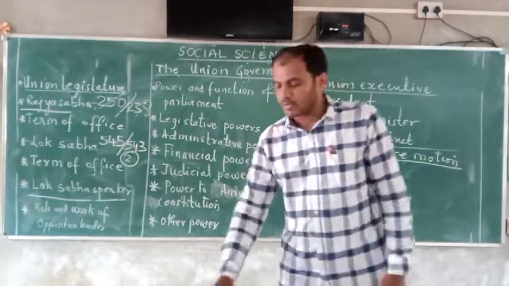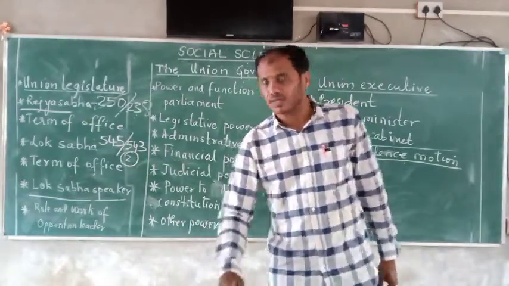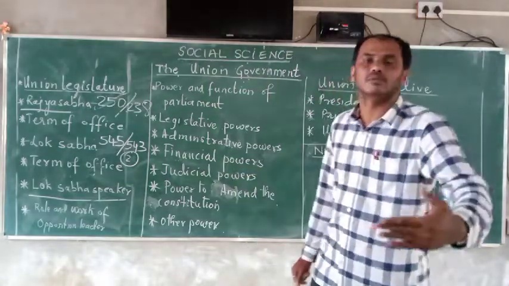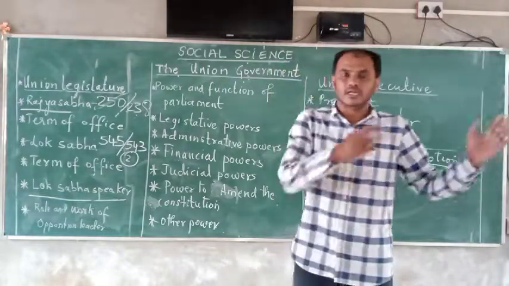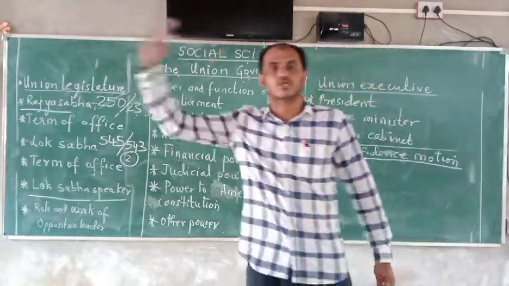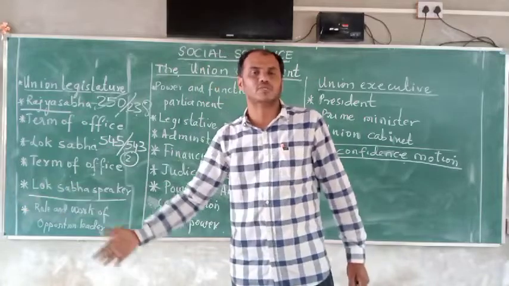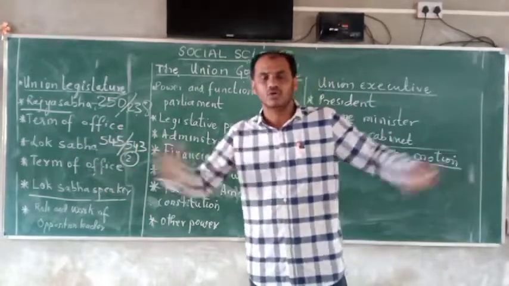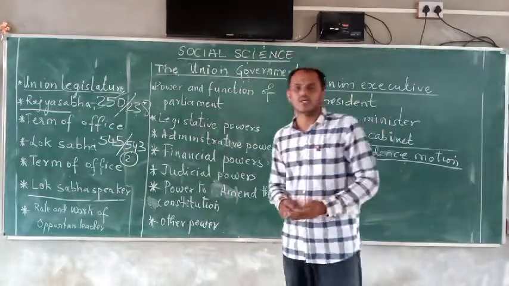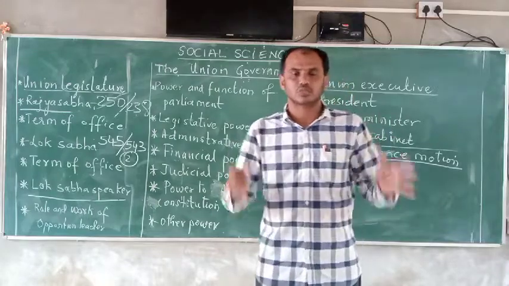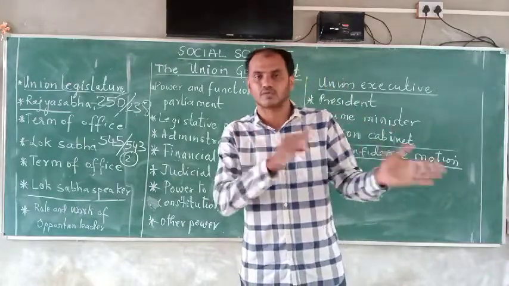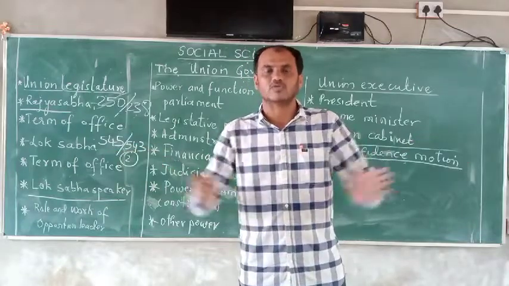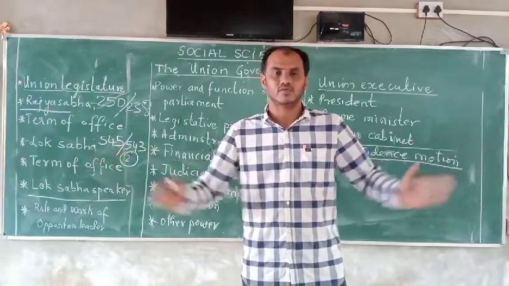In the abrogation of Article 370, first it was presented in the Rajya Sabha. When it was approved in the Rajya Sabha, it was taken to the Lok Sabha. After it was approved in the Lok Sabha, it went to the president for signature. So it's history now. You know that today the special status given to Jammu and Kashmir in the name of Article 370 has been removed. Today it is one of the union territories of India.